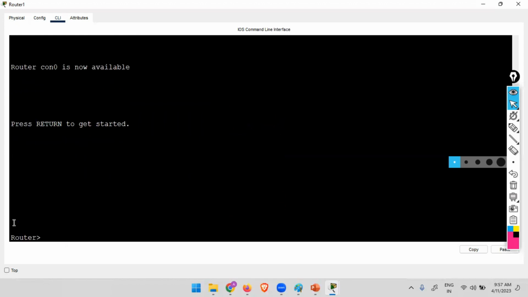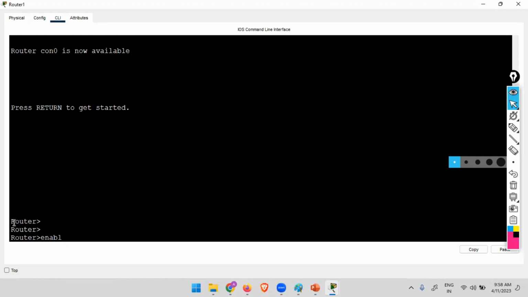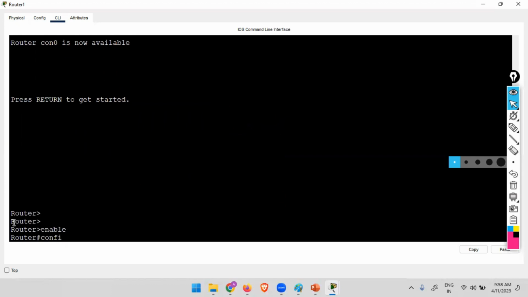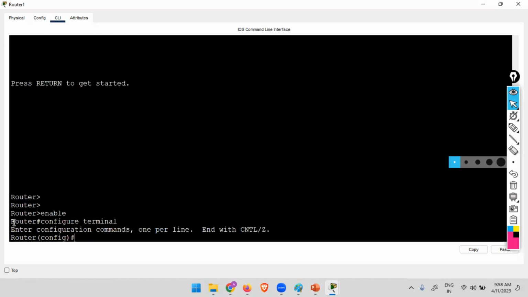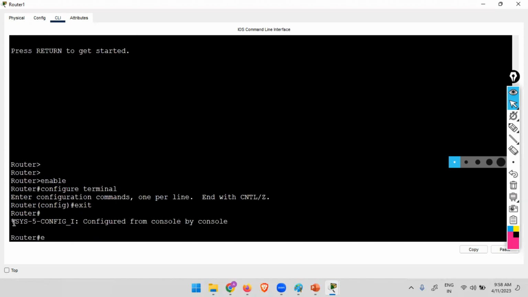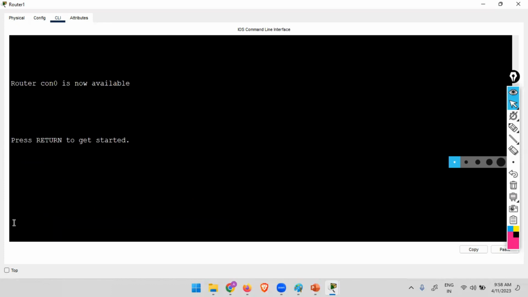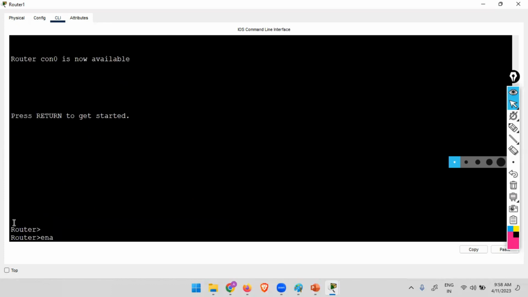Now, in most cases, we will never use the user execution mode. So you can give the exit command. Only one command you need to remember: exit. Okay. Again, enable, configure terminal. Okay. Exit. Again, enable,